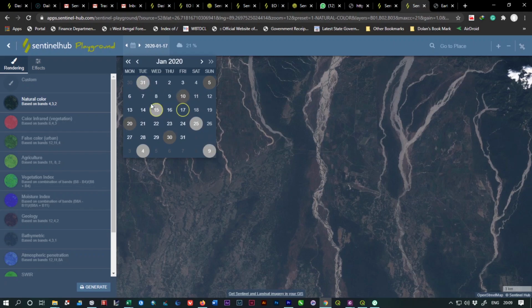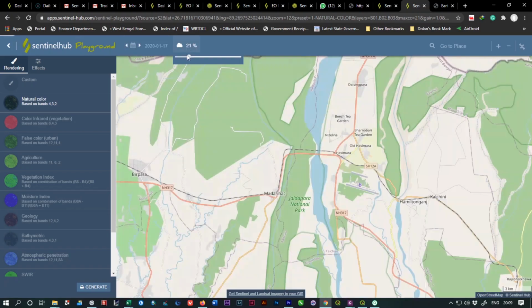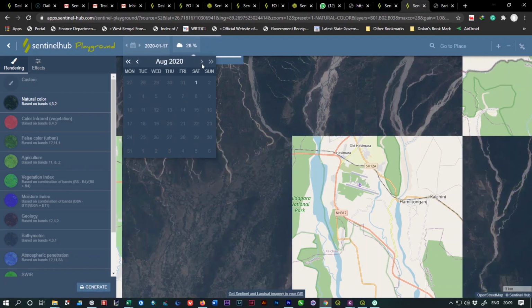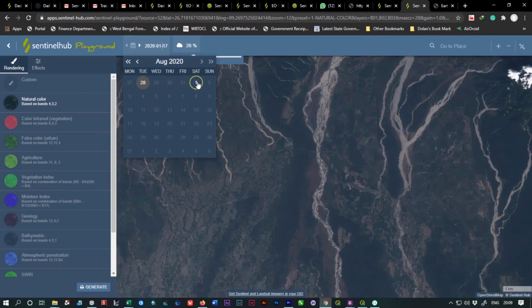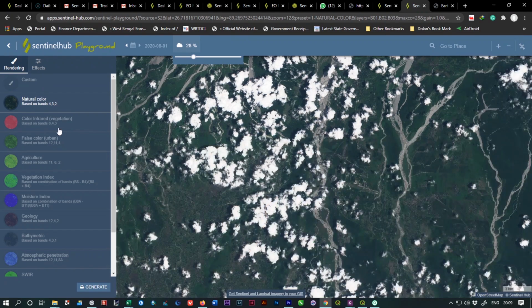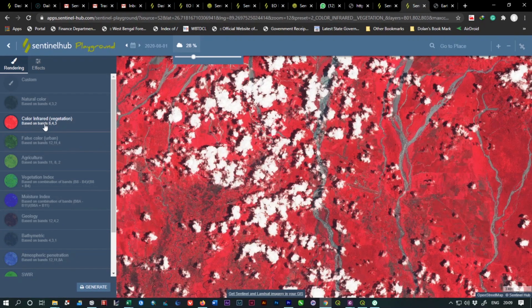These highlighted dates are the satellite capturing dates, and you can give the cloud percentage from here. So I'm going to show you the data. This is the data of August 2020. You can apply various band combinations here without downloading the specific satellite data. It is the false color combination, and you can also see the bands here.